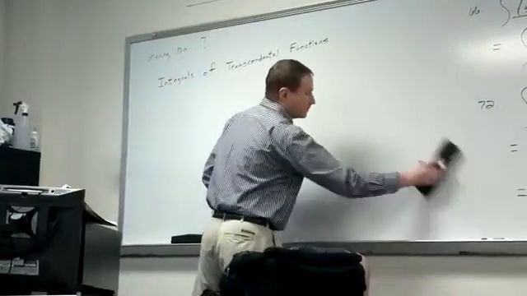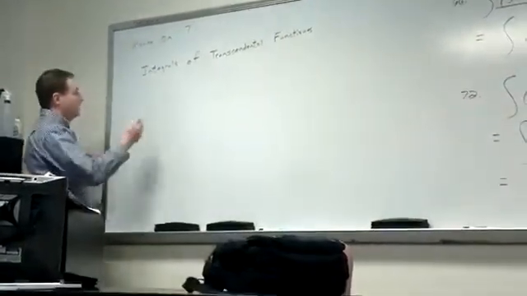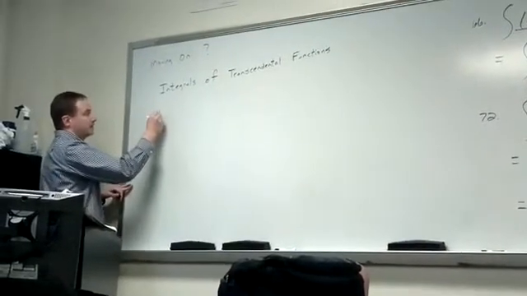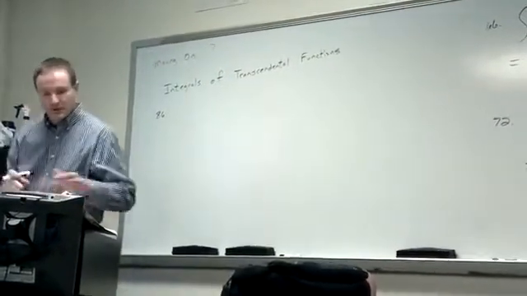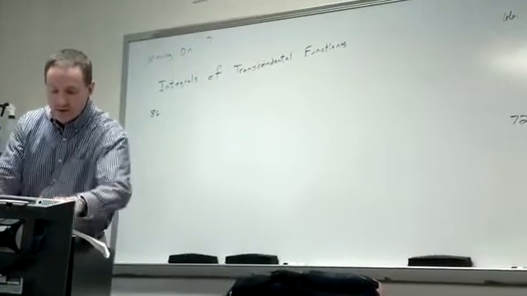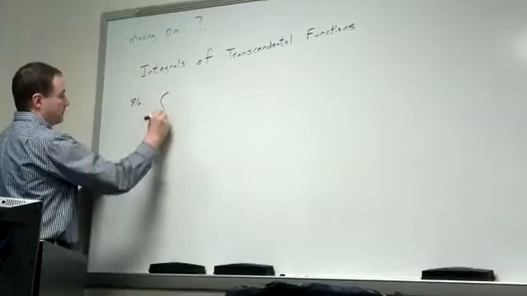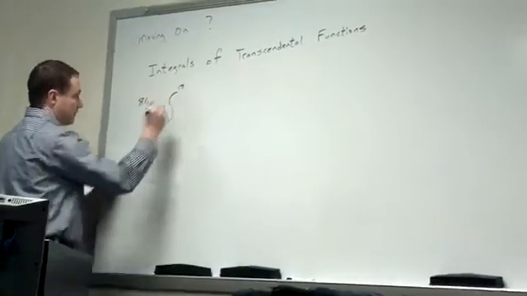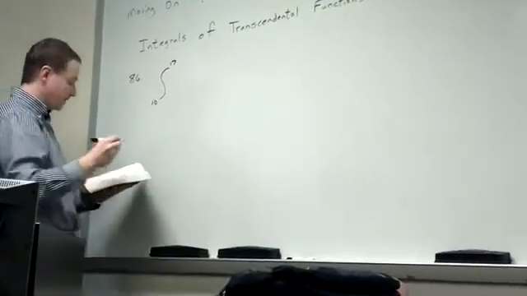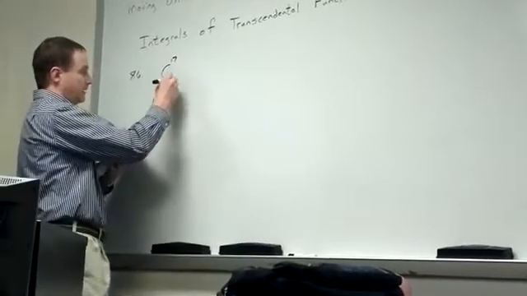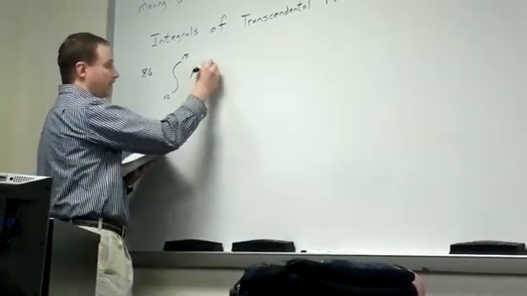In looking at number 86 in 5-6, we have the integral from 10 to 17, and then on the inside of our integral, it's the rather innocent looking function x minus 9 to the negative 2/3 power